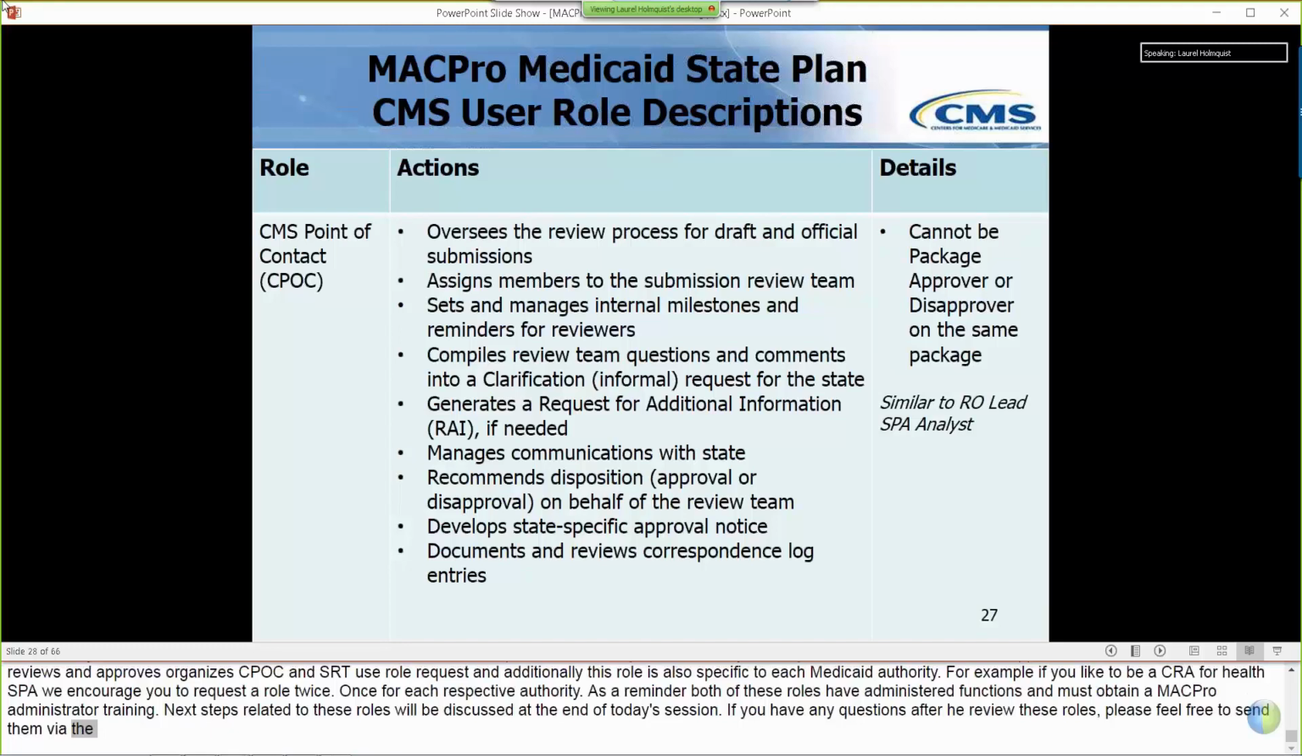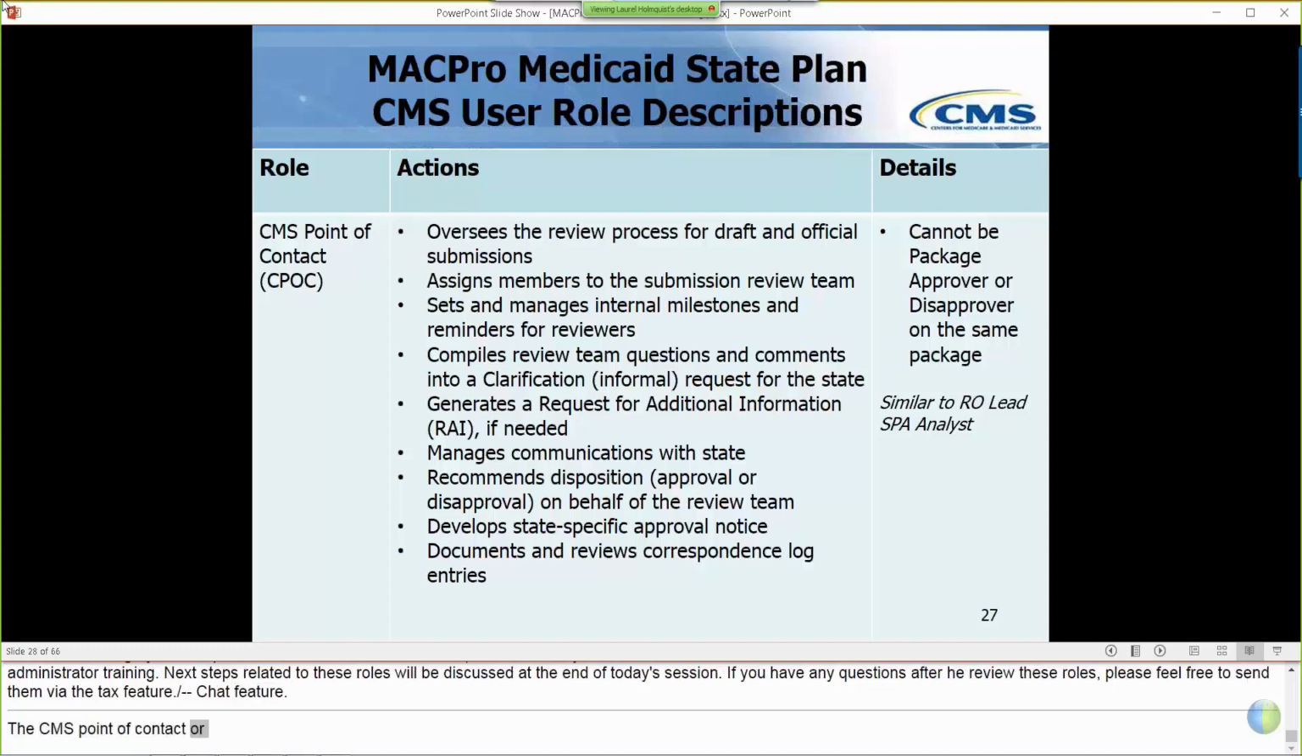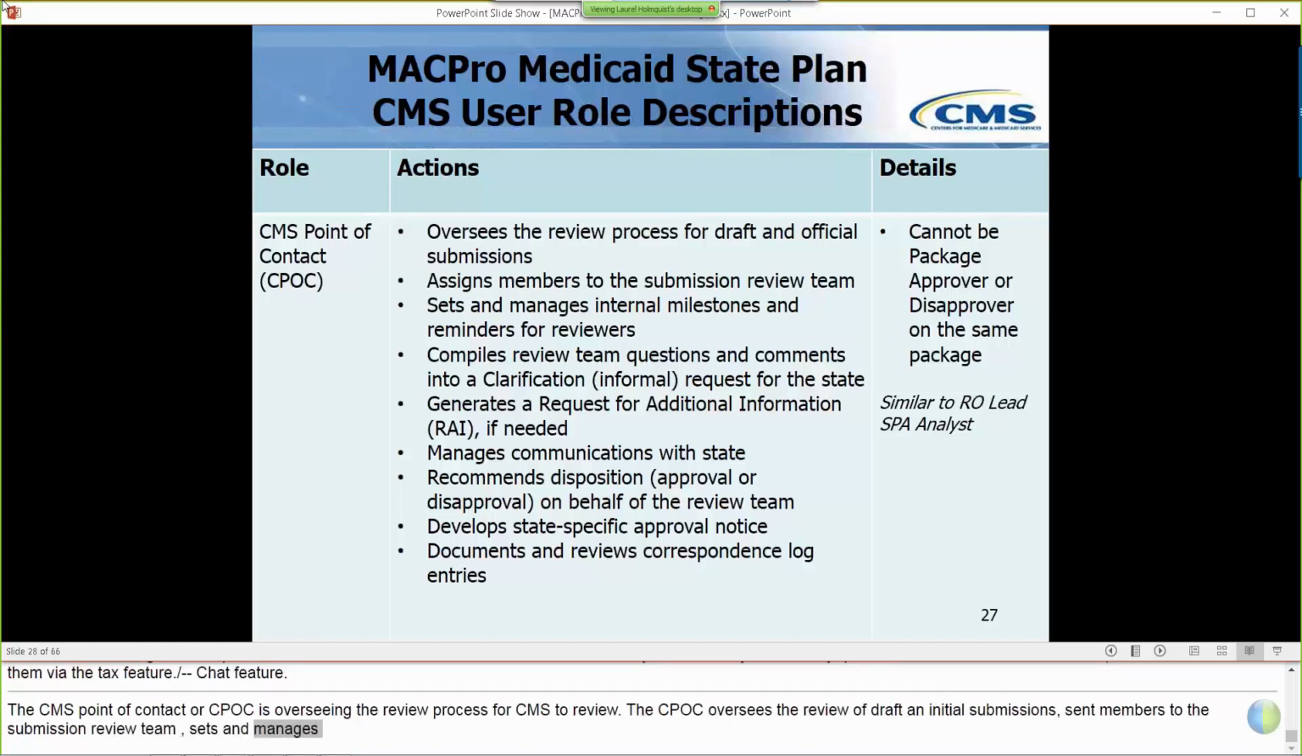The CMS Point of Contact, or CPOC, can be considered the conductor or quarterback for the entire review process once a state submits a SPA to CMS for review. The CPOC oversees the review of draft and official submissions, assigns members to the submission review team, sets and manages internal milestones and reminders for reviewers to maintain on schedule with a 90-day clock,